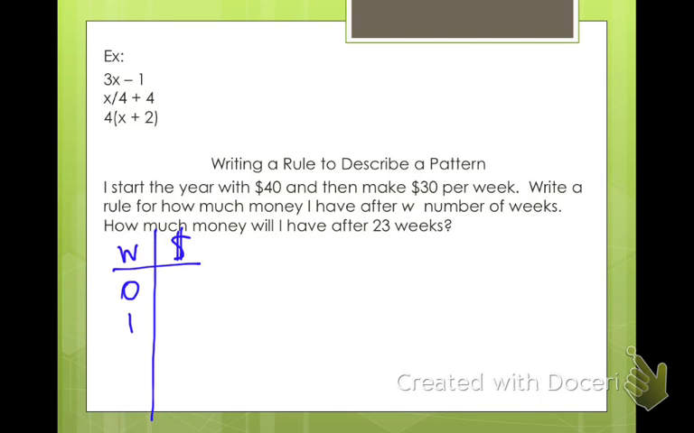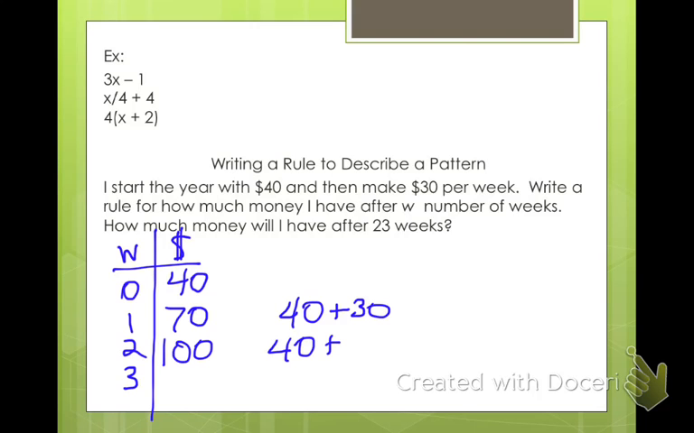So I go 0, 1, 2, 3. After 0 weeks, I will still have $40 because that's what I'm starting with. After 1 week, I'll have $70, which again is 40 plus 30. After the second week, I'll have $100, which is 40 plus 60. And the way I get 60 is I do 30 times 2. And then I'll have 130 here, which will be 40 plus